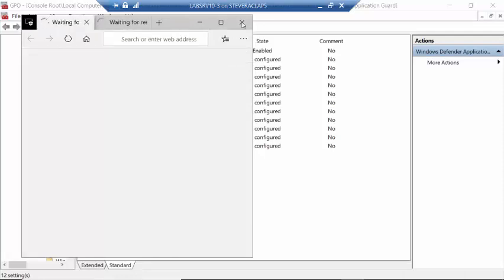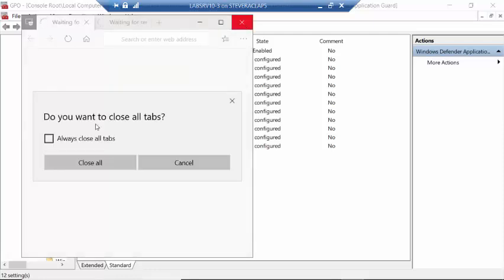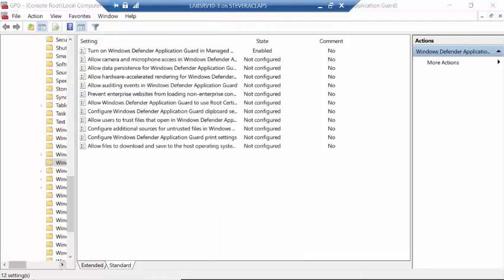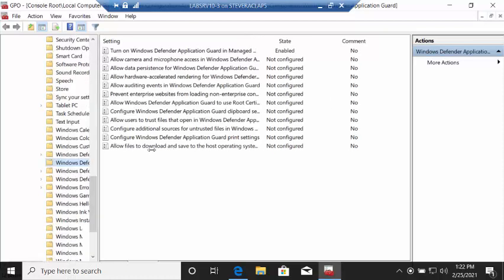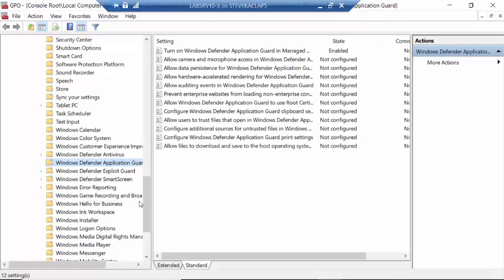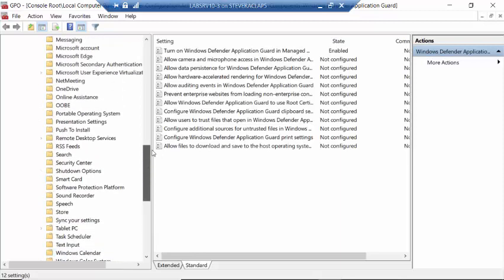I'm going to shut this down because it's consuming a lot of resources that I would rather it not do. So close all. Okay. So in the MMC, let me see if I can reposition this. Okay, cool. So I want to go up first under